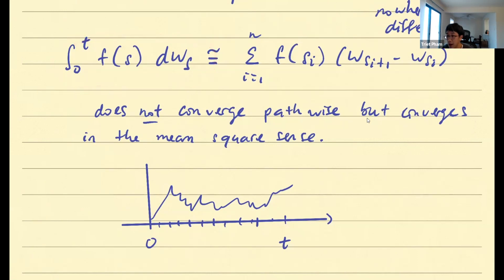Now, again, I realize that I just quoted a bunch of real analysis-like language, which you may or may not have heard of. So do not worry about this. Well, all I want to mention is that, yes, when you work with the Ito integral, when you work with integrating with Brownian motion, just be aware that someone may mention that this is not real convergence, or this is not convergence pathwise, and you have some idea of what they mean.